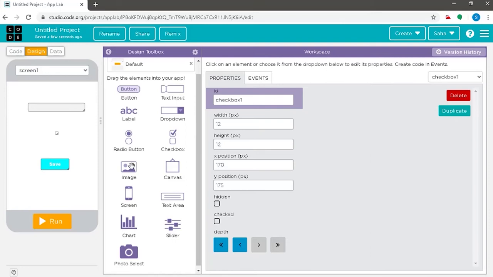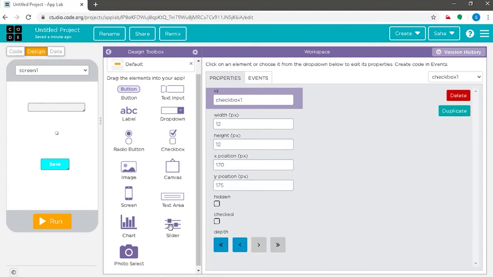There is a text area where you can type in the text which you want your viewers to view. There is a chart which gives you an aspect of analyzing, which can be added on to the visualizing section. There is a slider and a photo select, which enables you to click pictures.